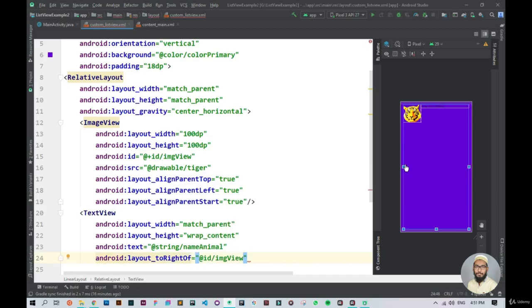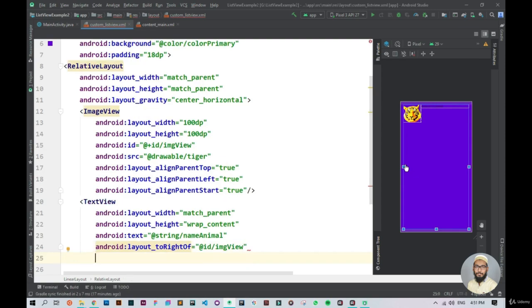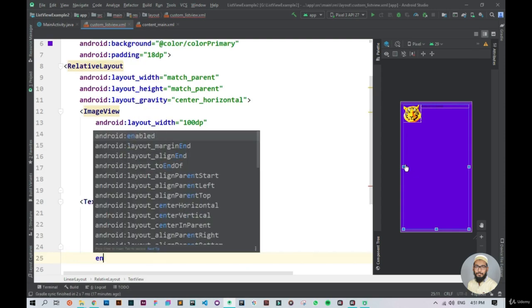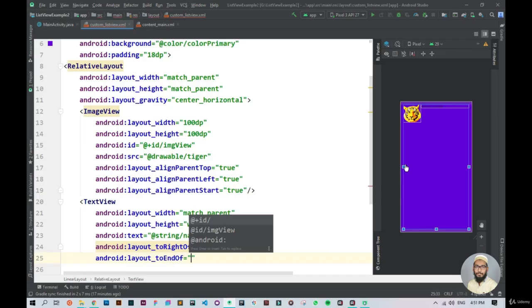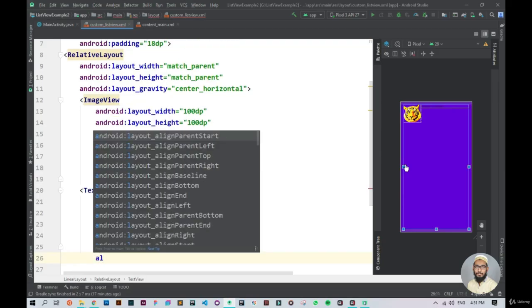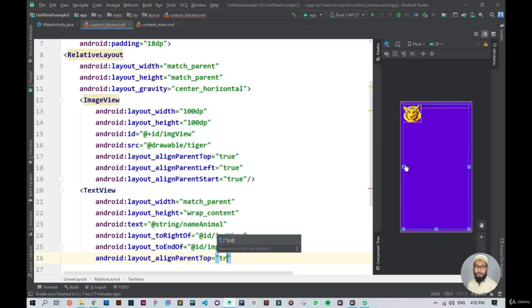Okay, and the next thing I want is for it to be at the end of my image view. So for that I can say end of my image view. And one more thing is that I want this text view to always be at the top of my relative layout. So I can say align parent top to be true. Okay,